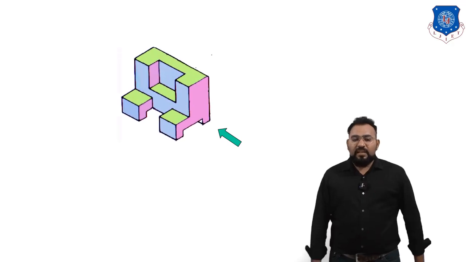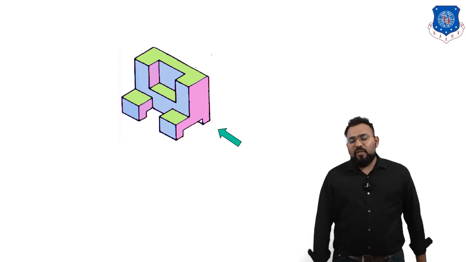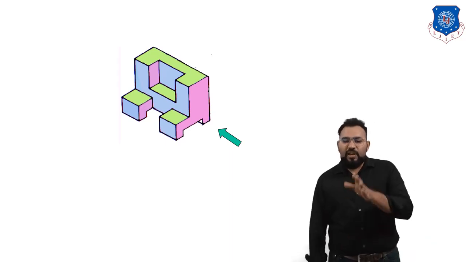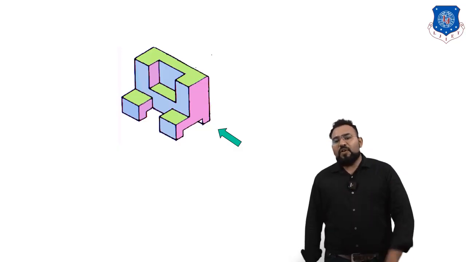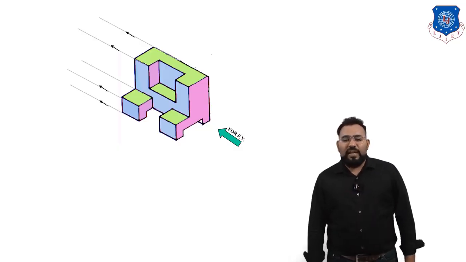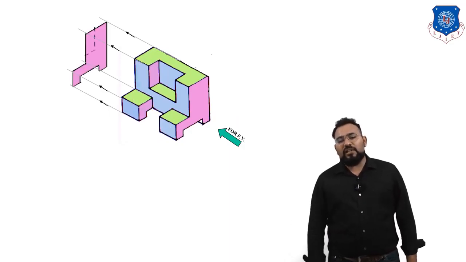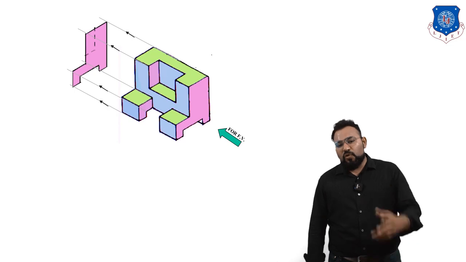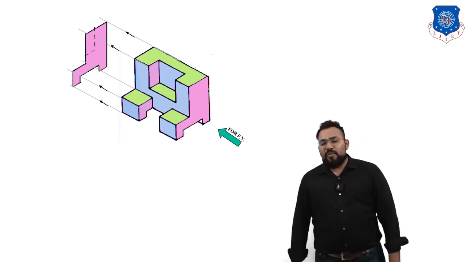Okay, let's see another object over here. See this object. This is the front view, and this is the observer direction. From here you have to see the object. So let us visualize the front view in your mind. As you can see on your figure, this is how the front view is going to look. There are two dotted lines over there. So find out the edge which cannot be visible from the front.